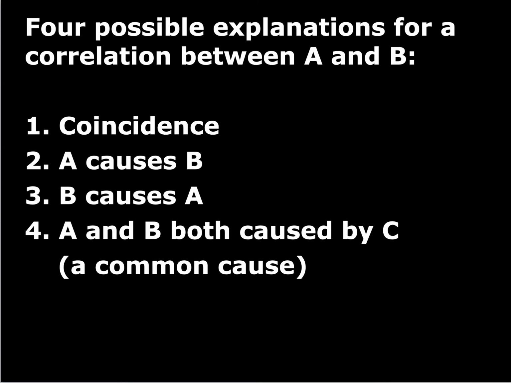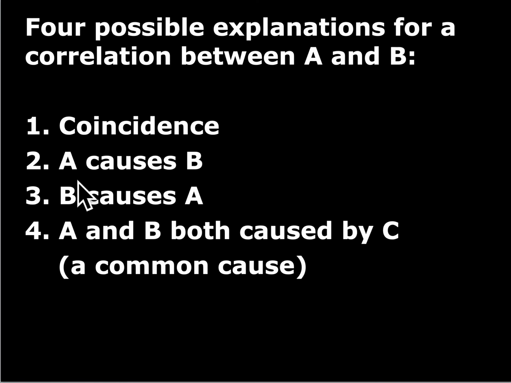Given that there's these 4 possible explanations for a correlation, and given that what we're interested in showing is that A causes B, how can we show that? How can we show that A causes B if what we have is a correlation and there's 4 possible explanations, 3 of which are different from A causes B? Well, in the simplest terms, what you do is you rule the other 3 out somehow. That's how, and if you can rule the other 3 out, either completely rule them out or give a good argument to show that they're unlikely,